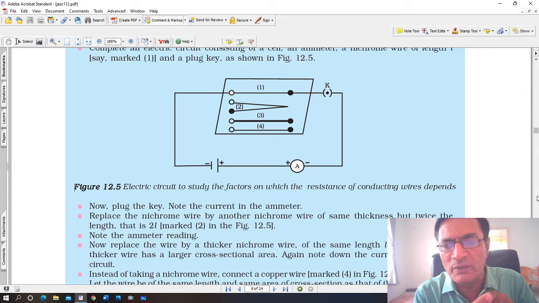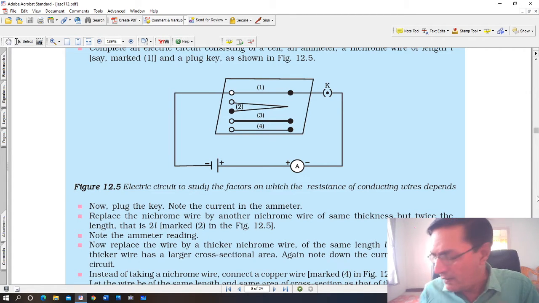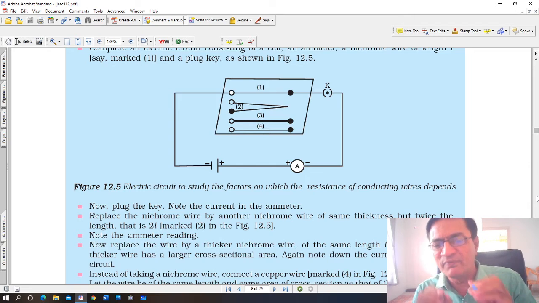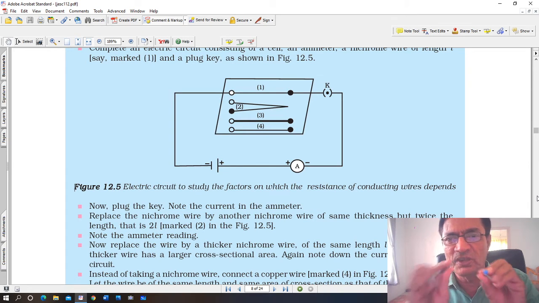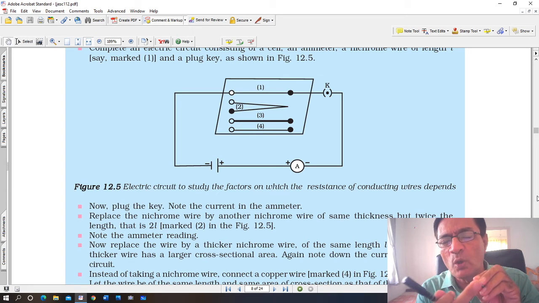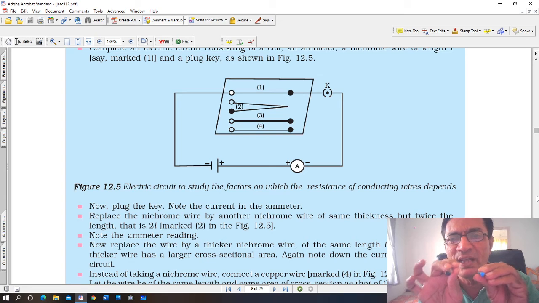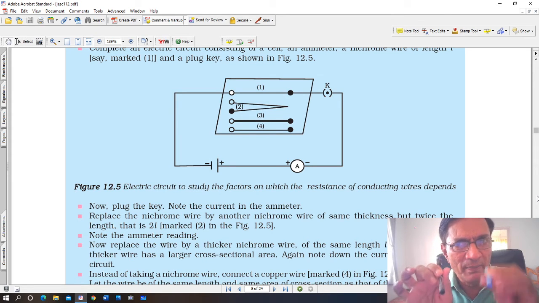Area of cross section, that is, its thickness. So if I have a pencil, for example, you see this, and I have a pen here. You see the thickness, the area of cross section, is slightly different. This is called the area of cross section. You can see the pen has a slightly larger area of cross section. That means it is thicker than the pencil.